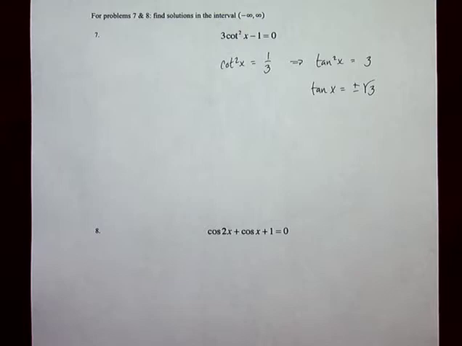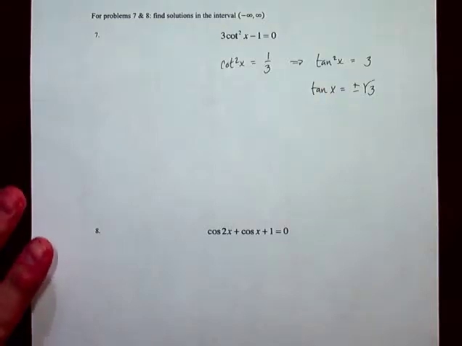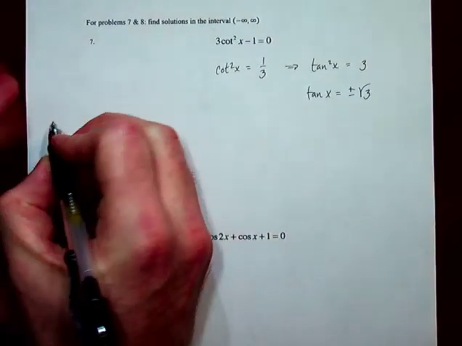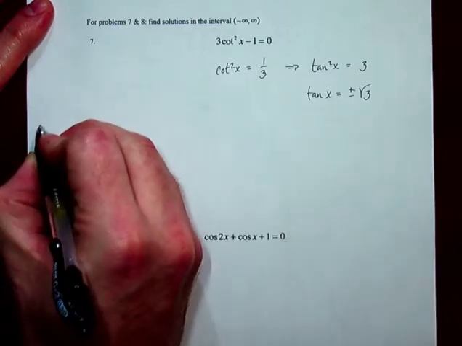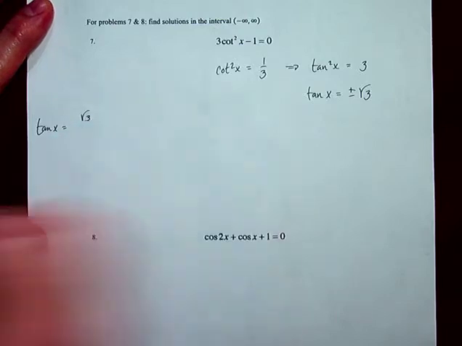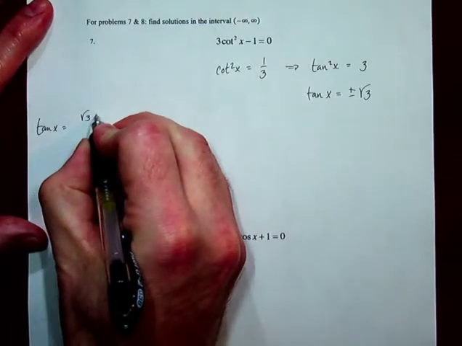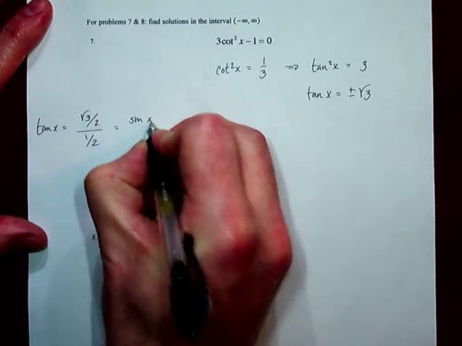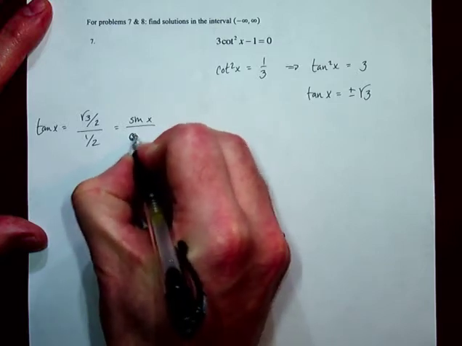okay, that tangent has a period of pi, not 2 pi. It has a period of pi. And therefore, what we need to be doing here is we need to be accommodating that. Now, I know that, and if you're not good on the tangent values, remember that tangent is sine over cosine. So you can sort of unsimplify √3 and say, well, tangent x is equal to √3, but that's the same thing as √3 over 2 over 1/2, and we know that tangent is sine over